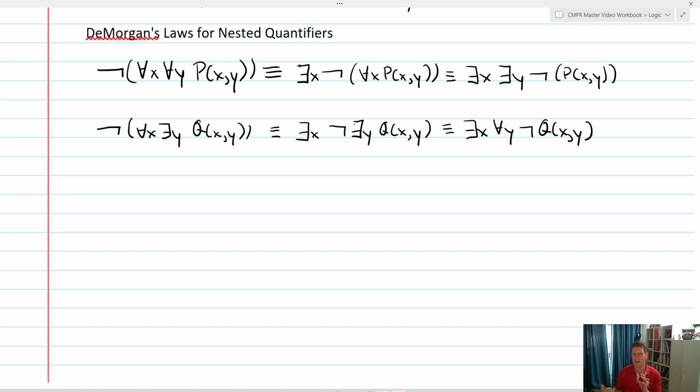So this was a longer lecture. It had to do with quantified statements, understanding how we determine truth utilizing quantified statements, our DeMorgan's laws for quantifiers, nested quantifiers, and then our DeMorgan's laws for those nested quantifiers. And so what that should do is give us an idea of how we utilize quantifiers in order to do logic, in order to prove logical